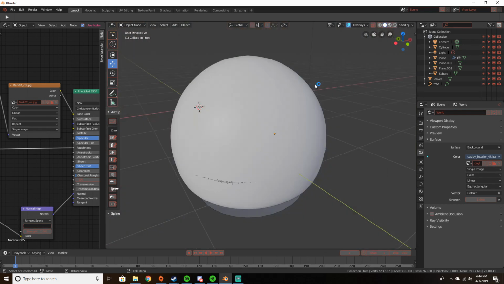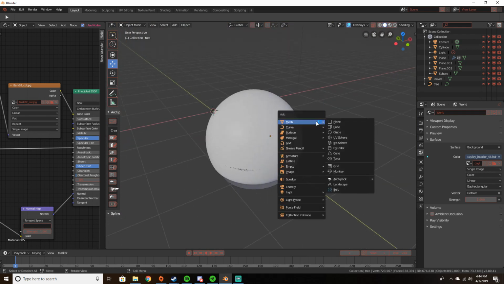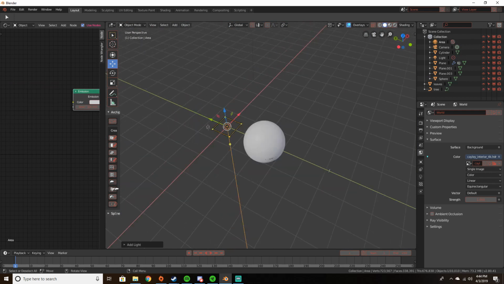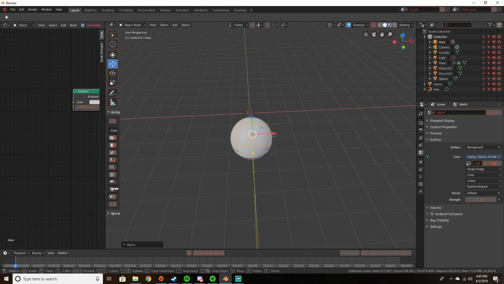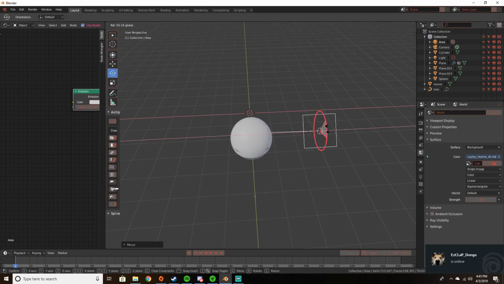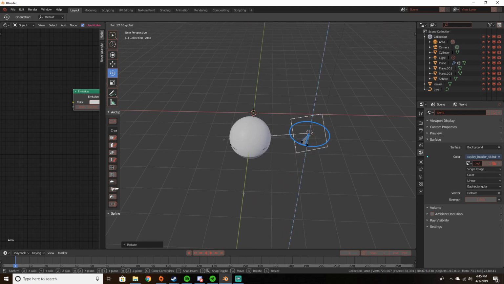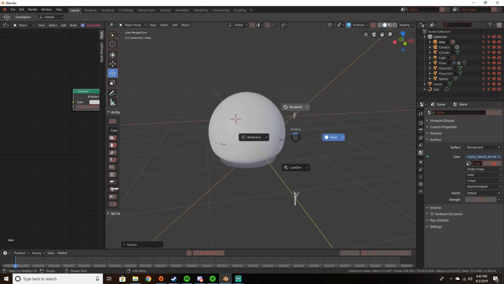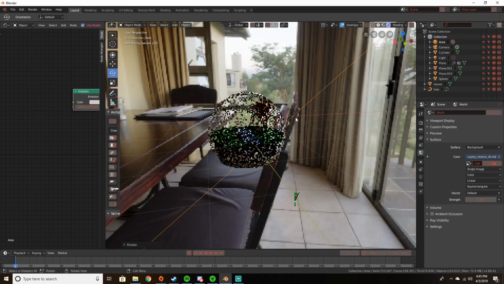Basically, I'm going to add a quick area light. I'm going to bring it over here, over here, over here. Just kind of have it pointing to where the tree is in the bowl. So over here, maybe. You see if that gives it a little